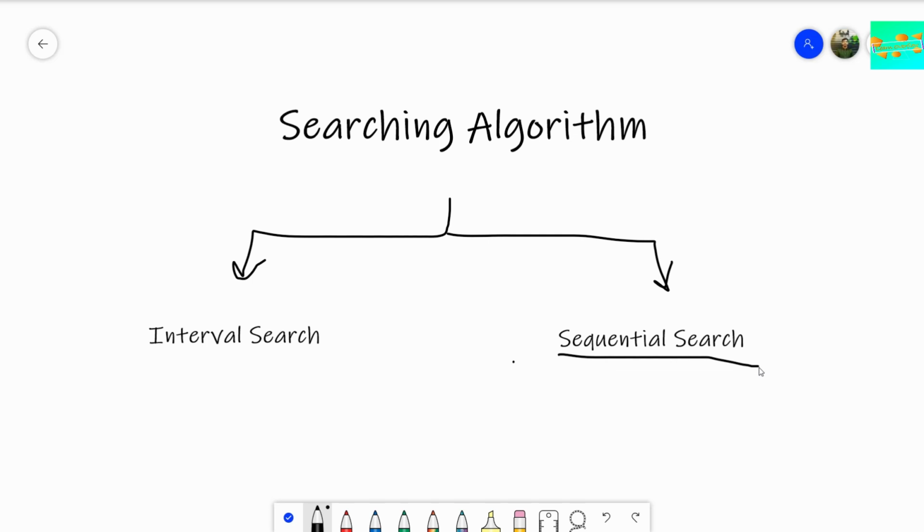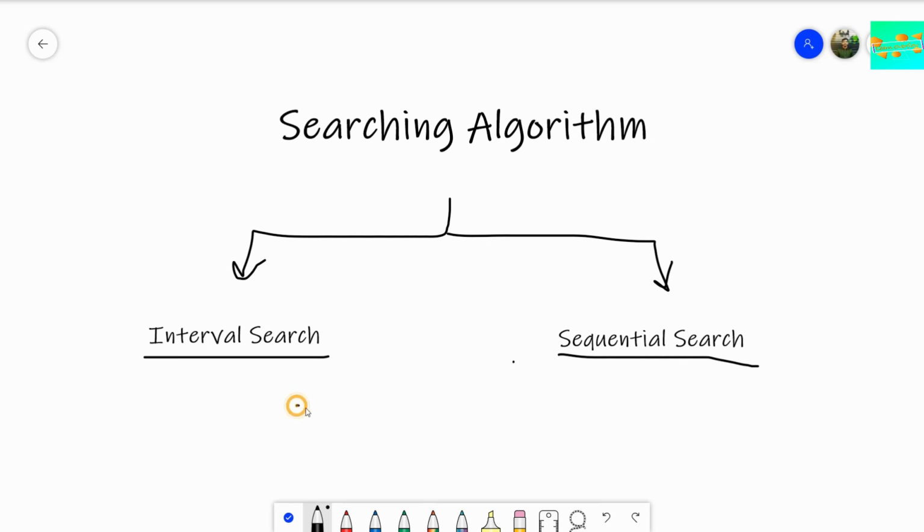Sequential search is more like, you can take an example as the linear search. In linear search, we just search for each element serially and find out which one is our target element. And the other one we have is interval search. In interval search, we especially use this for working on sorted arrays. We just search in a few intervals and find out whether our target is there or not. Binary search is an example of interval search.